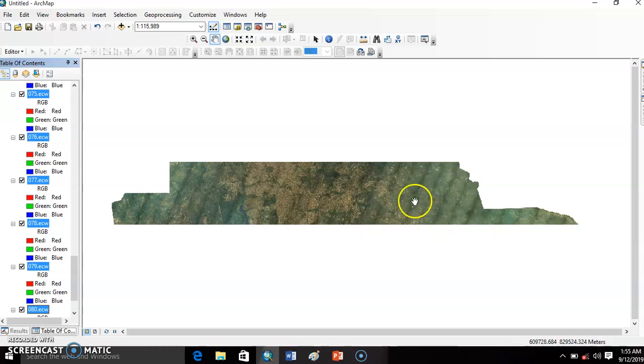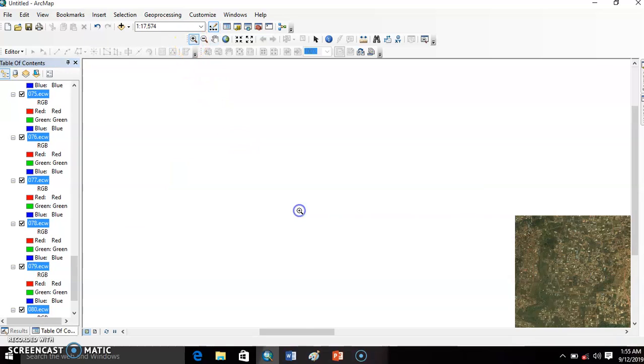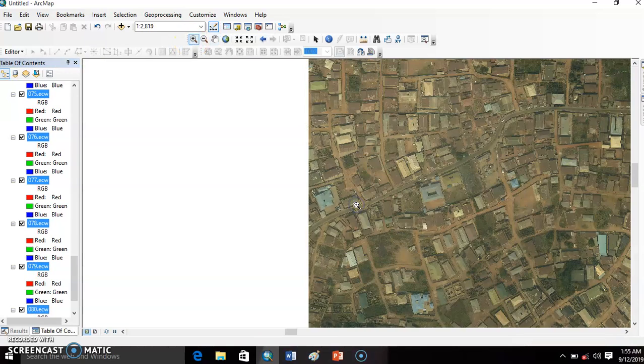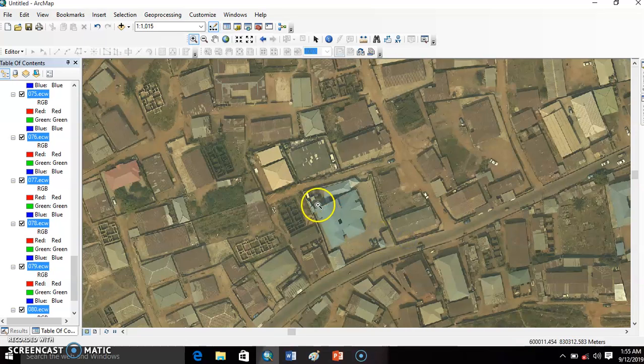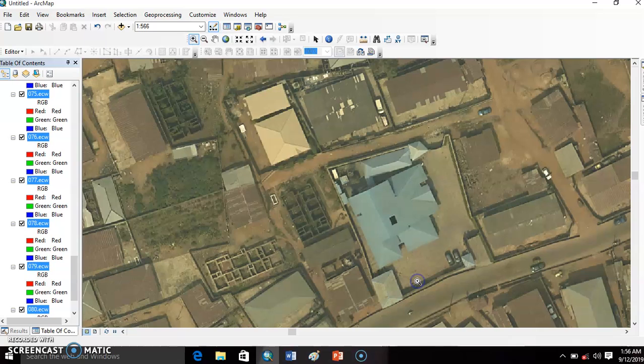Because we opened a few of that data set, you can zoom to see clearly what you want to digitize. You can see the buildings. So if you want to do any form of design, either urban renewal, civil works, you can use this data set. But the way it is, we cannot use it. We have to convert this data to vector so that they can be of the same level.